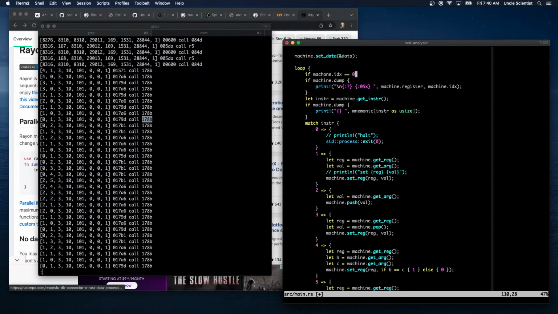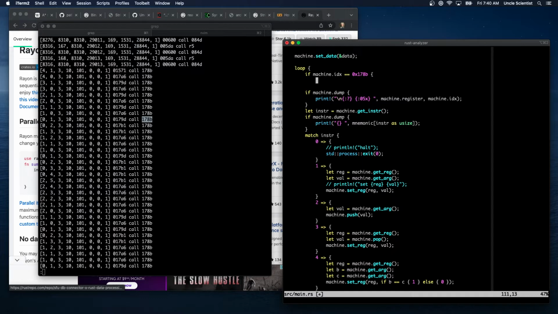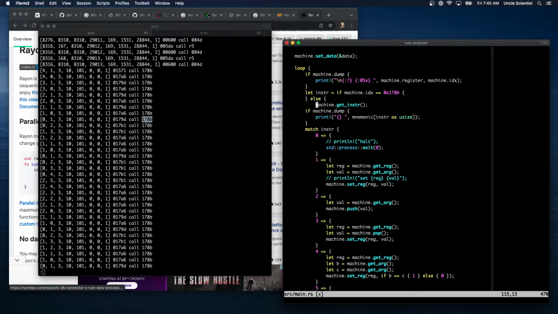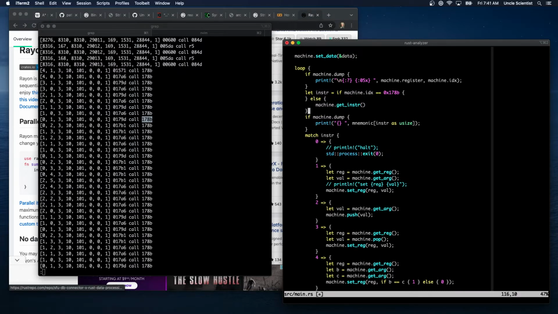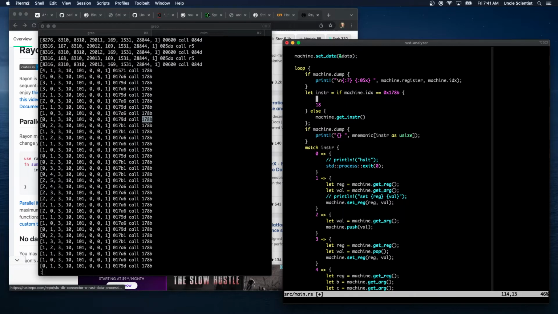machine.idx is equal to, right? If we're at this instruction, then we're going to inject. Oh, that was here, right? We did it here. If machine.idx, got the OX there. Else, we're going to return this guy, semicolon, right? So this is what we did, and we just injected a return statement. But what we're going to do now is we're going to set machine